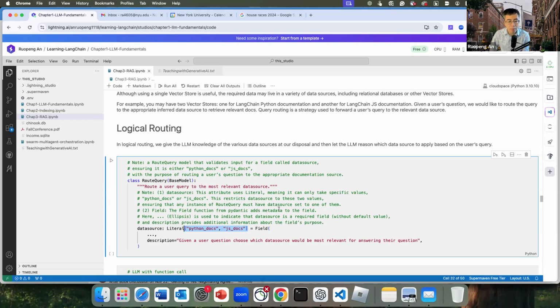And we also use the Field function. The Field function is from Pydantic, which adds metadata to the field. In this case, we use this ellipsis to indicate that the data source is a required field without a default value. So it has to return either the Python docs or the JS docs, and there's no default. I also optionally provide a description: given a user question, choose which data source would be the most relevant for answering the question. So we define this